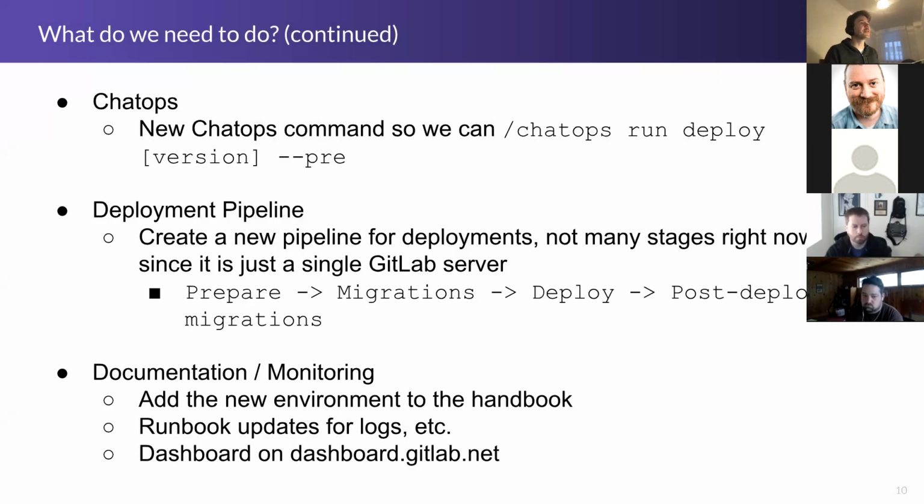Other things we need to do is that we need to create a new ChatOps command for deploying to it. This could be a little bit more generic, but right now we have a separate option for each environment. So we needed to do that. We needed to create a deployment pipeline, and this involves just editing the gitlab-ci.yaml for the deployer. I'm not going to go into too much detail there, but basically you